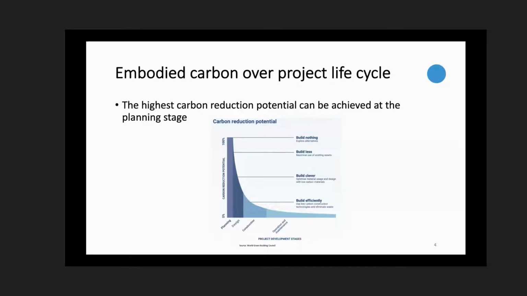So this is a graph taken from World Green Building Council. On the x-axis, you see different stages of a project, everything from planning to design, construction, and operation and maintenance. And on the y-axis, you see the carbon reduction potential. So as you go from left to right, your ability to reduce carbon reduces. The highest potential for reducing carbon is at the earliest stage, when you're evaluating those bigger decisions,